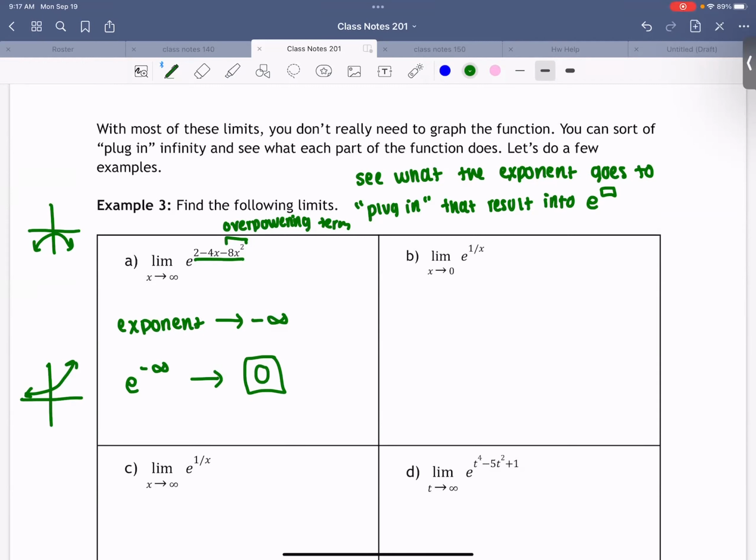Okay, we have the limit as x approaches 0 of e to the 1 over x. Okay, let's do the same thing. Let's focus on the exponent first, and then we'll plug it into e. Okay, so the exponent is 1 over x, right? What is the exponent going to as x approaches 0? Doesn't exist. Doesn't exist, and